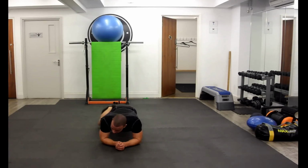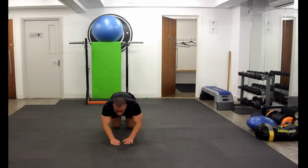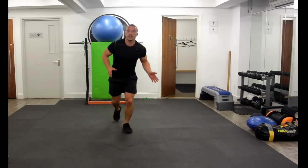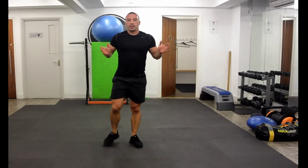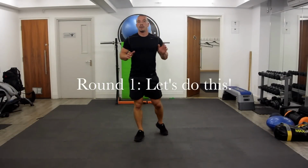Dip it down to the right, bring it up, bring it down, dip it down to the left, bring it up and bring it down. So if you don't want to go full plyo, you can just do those alternatives I've shown you there. Otherwise, let's get straight into the workout. So get a drink if you need to, and we'll go in